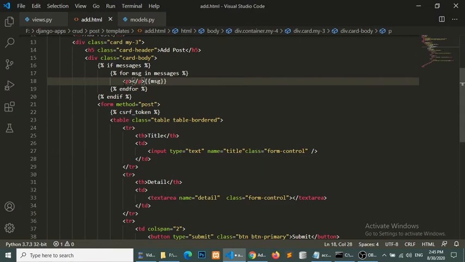Actually I will show the message in success, in the green box. So I will put the success class, text-success. So now we are ready to add data. I hope this should work.